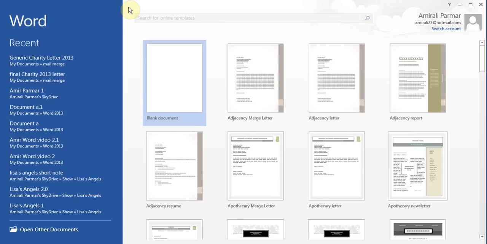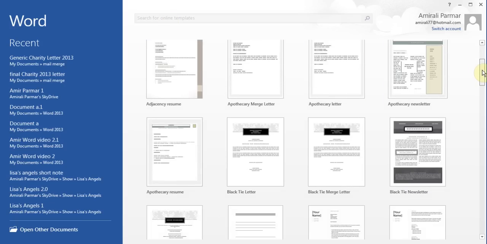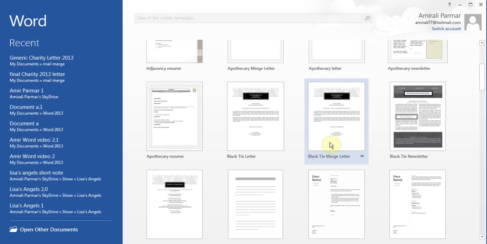Along with the regular mail merge, I also came across these templates which are already set up for proper things like merge letters. So they already have everything set up and you can even search for them, like you can search in the templates. So I'll just go into one of these templates. So let me see what else is here. So here it says black tie merge letter, or even the newsletter if you need it. So if I double click on it,